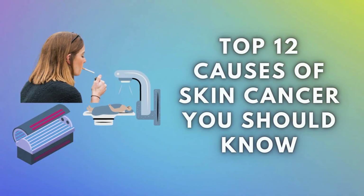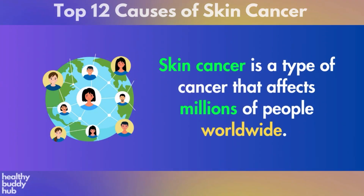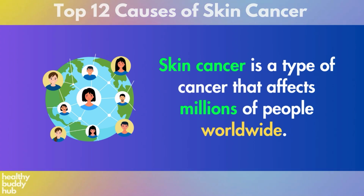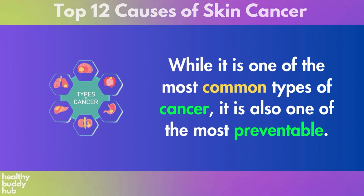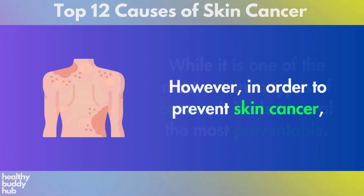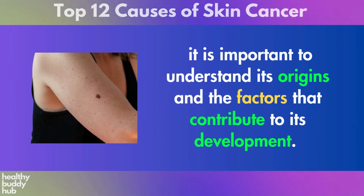Top 12 causes of skin cancer you should know. Skin cancer is a type of cancer that affects millions of people worldwide. While it is one of the most common types of cancer, it is also one of the most preventable. However, in order to prevent skin cancer, it is important to understand its origins and the factors that contribute to